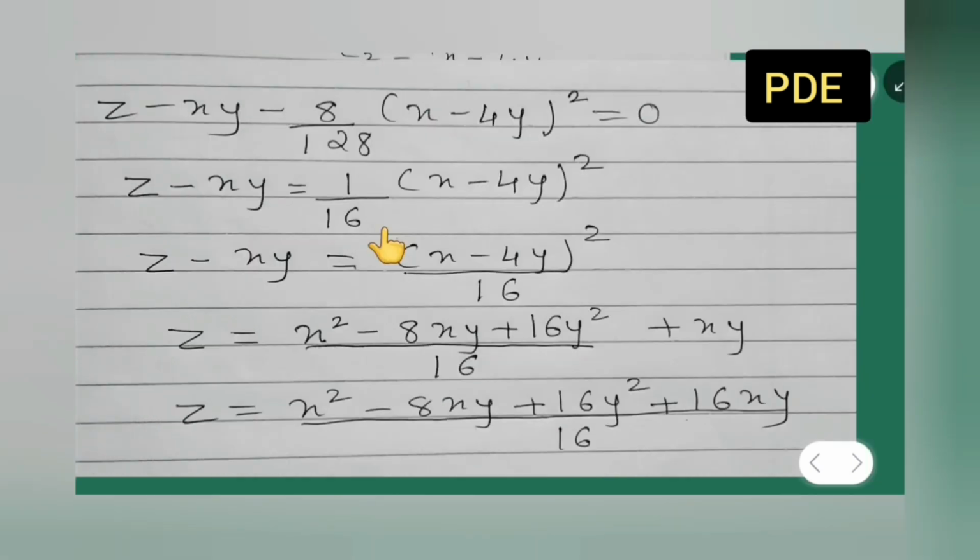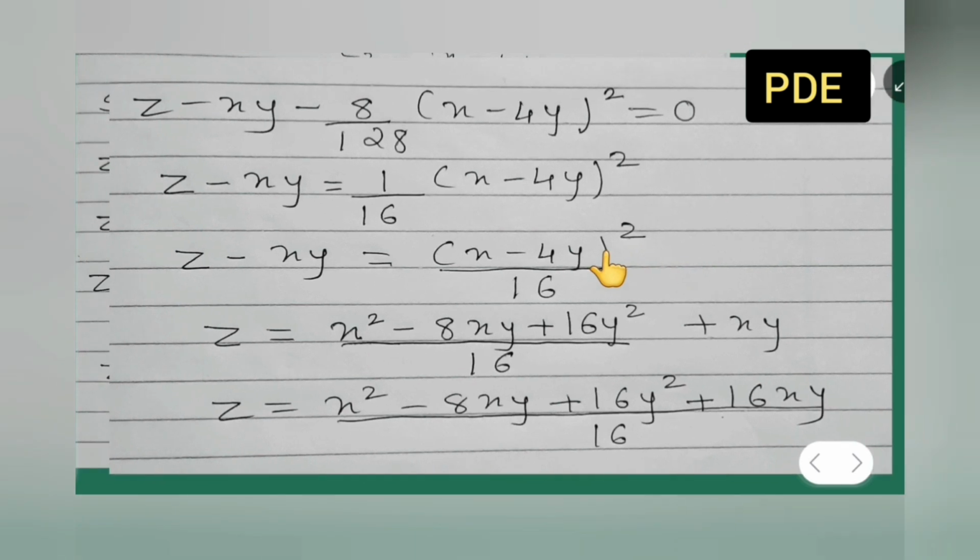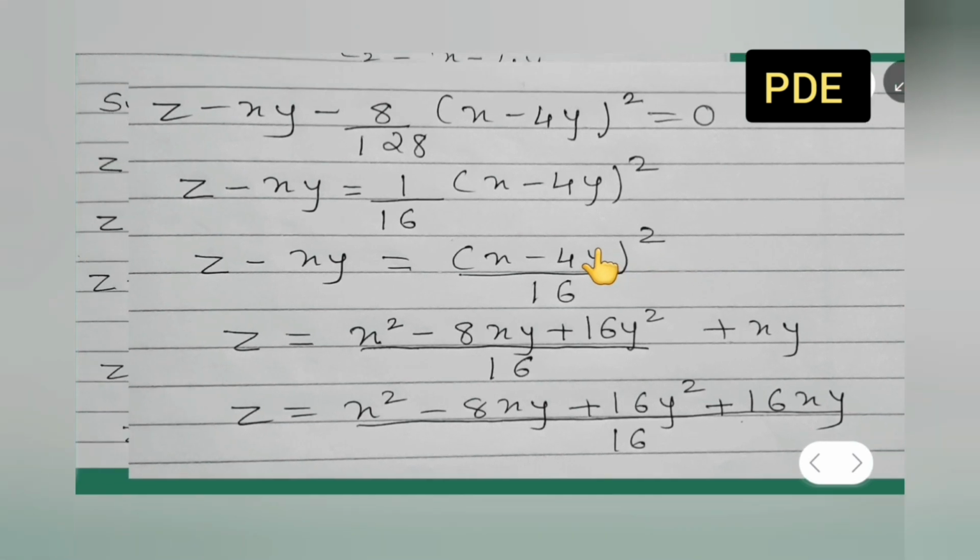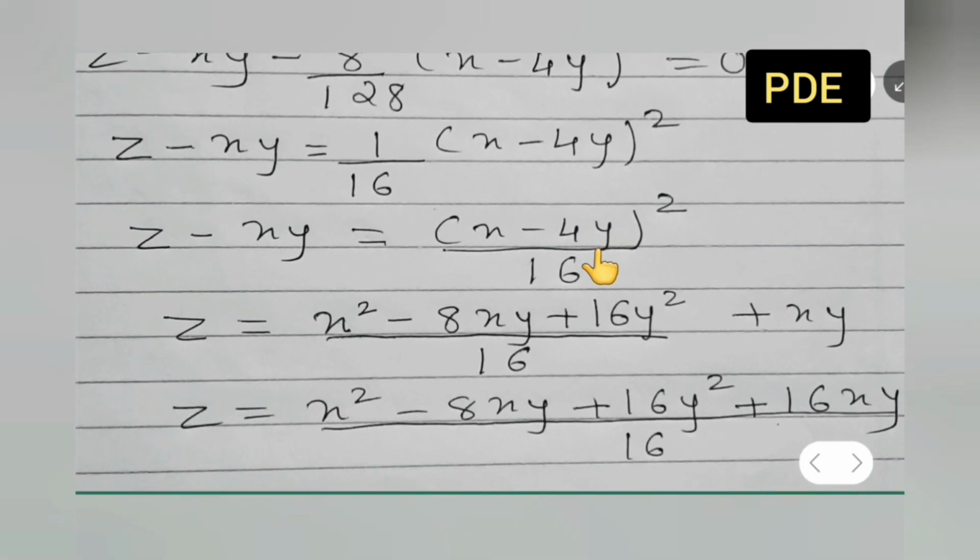Okay, next let me continue over here with this part. I've already explained all this part, right? 8 ones are 8, 16s are, then this part I have already explained. This part is also done, right? (x - 4y) the whole square upon 16 is also done. Now what I'll have to do: (x - 4y) the whole square is what? So x minus z minus xy.